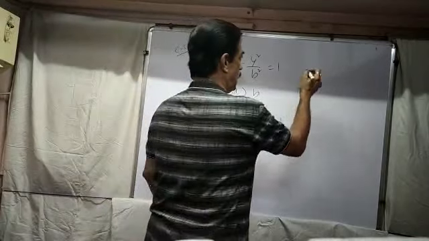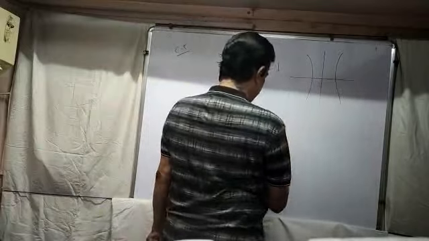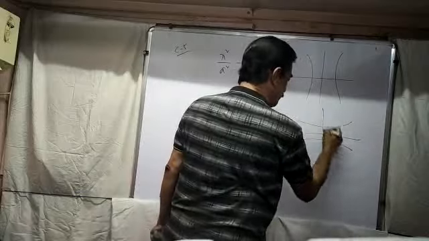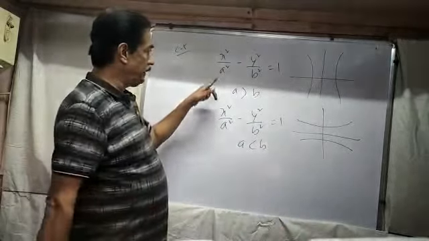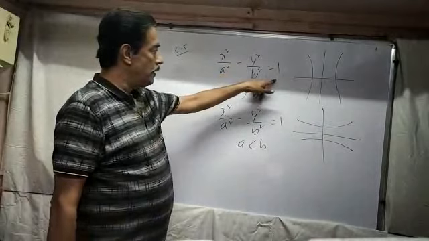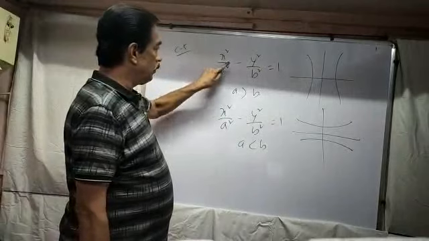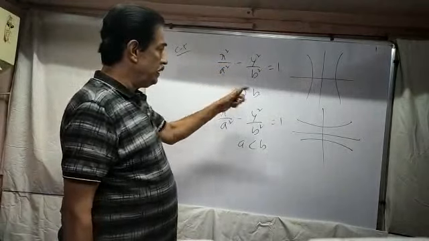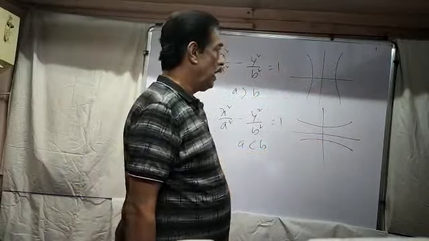If a is greater than b, the hyperbola structure is this way. And if I say a is less than b, the hyperbola structure is in this way. You have to remember the standard form. These are the equations of the hyperbola, where x square by a square minus y square by b square equal to 1. There is no term in terms of xy, the coefficient of x square and coefficient of y square are not the same, and the middle sign is a minus. If a is greater than b, the hyperbola structure is this. If a is less than b, the hyperbola structure is this.